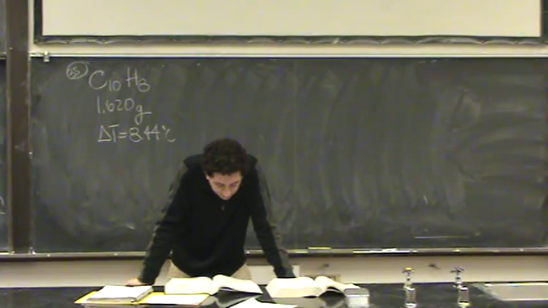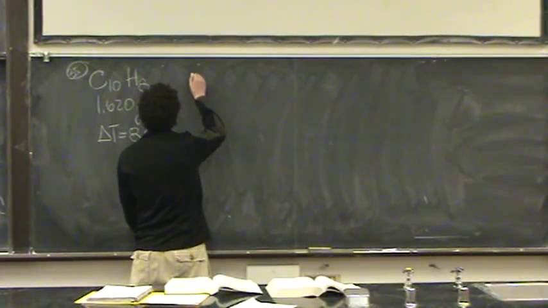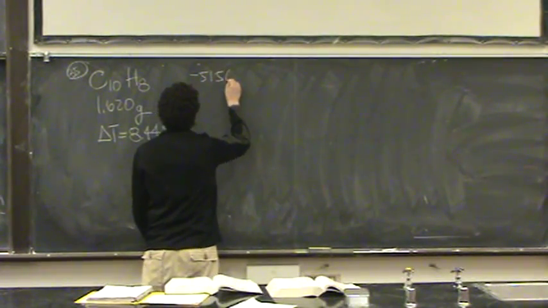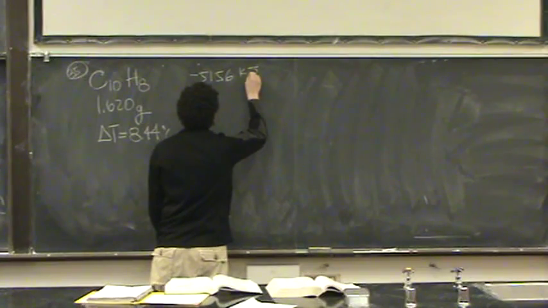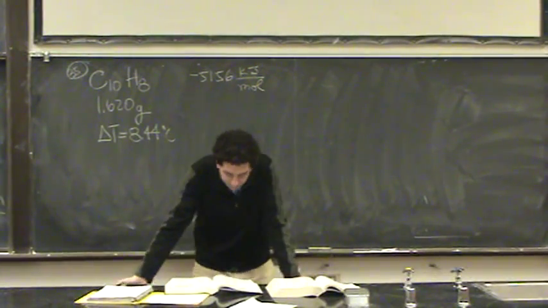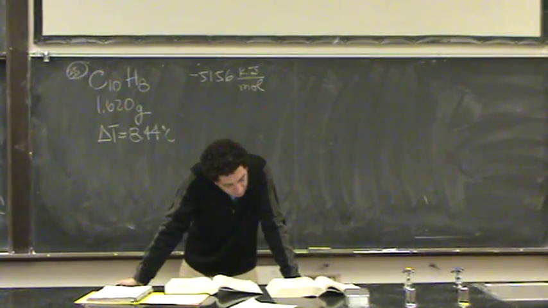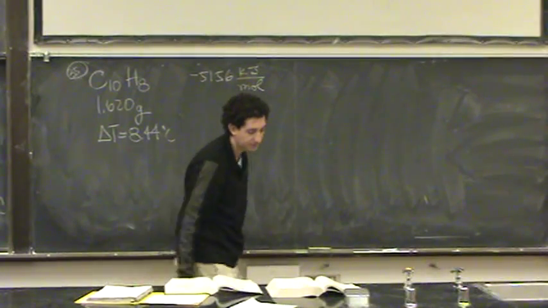If the heat of combustion of naphthalene is negative 5156 kilojoules per mole, so we have the heat of combustion of negative 5156 kilojoules per mole, I want to know the heat capacity of the bomb calorimeter. Okay. Well,